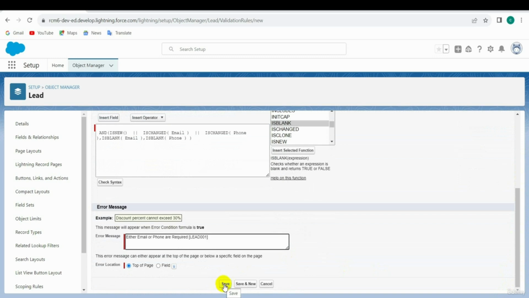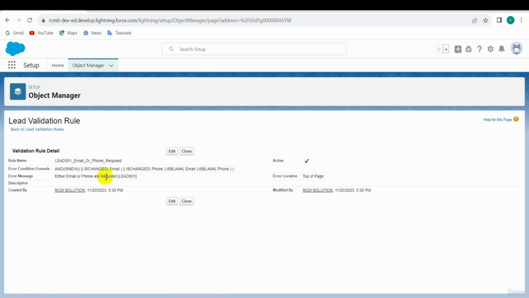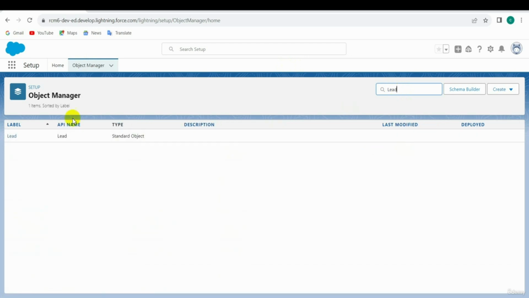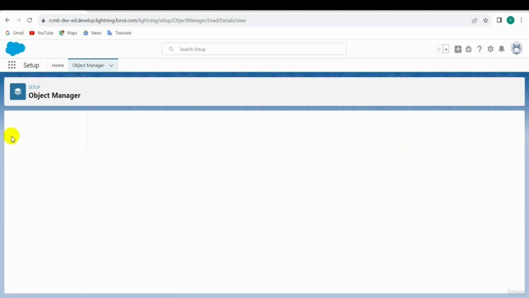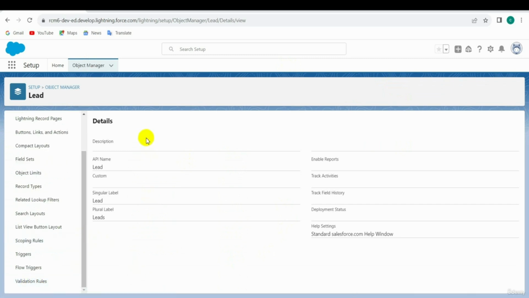save button. Okay, so here in this object page, inserted. So in this, the error message inserted is either email or phone are required. Okay, so now I am going to this section, and just I am checking the lead. Okay, so here in this lead, and just I am clicking this. Okay, so here it's fixed. So now I am going to the lead